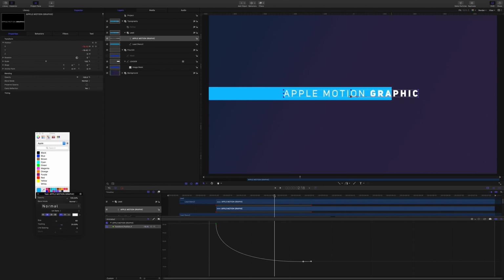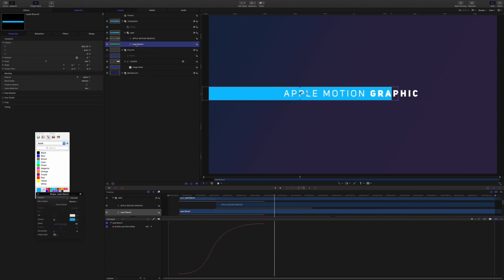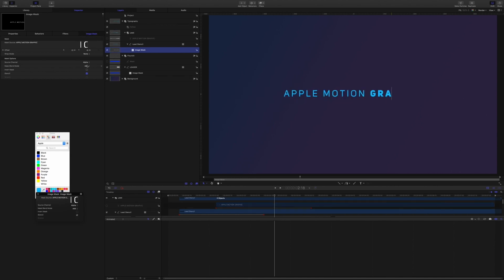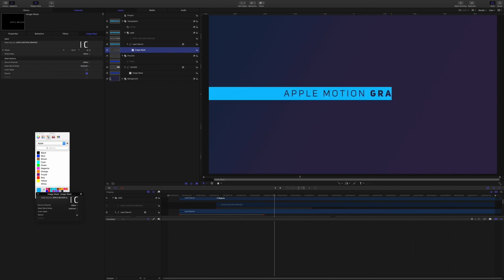So now it's time to start with the stencil effect. Grab in the lead group, grab that lead stencil line, right click, add image mask, add our title text element as the source, and set the blend mode to subtract. Okay, that's all good. So the next step is to create the mirror image of this title, but with the